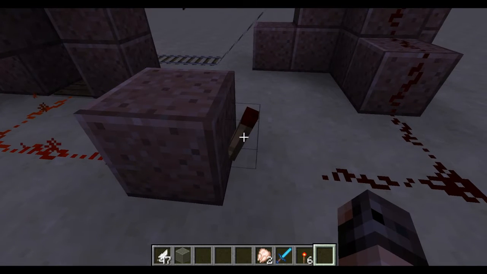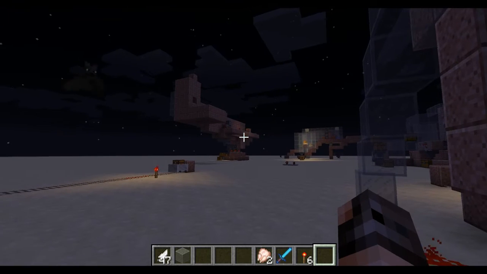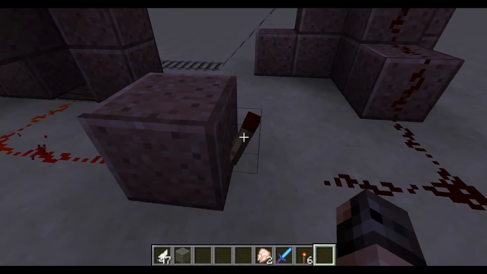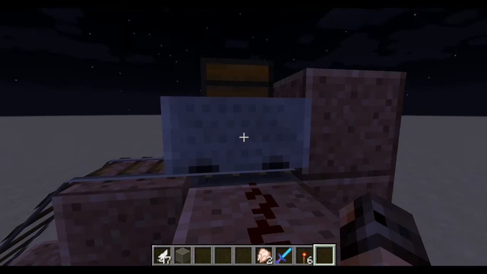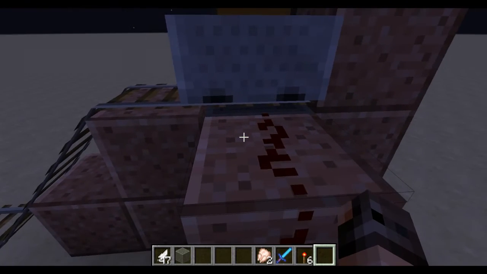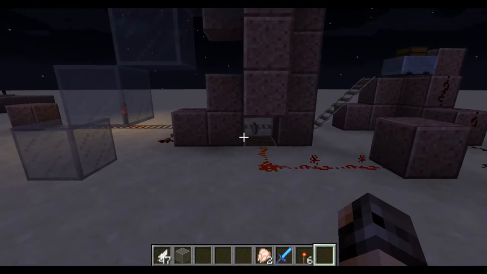The torch gets deactivated because it's an inverter thing, like over there with the chicken cooker. It deactivates, deactivating the power here, so it stops the minecart so it can unload. When the egg finally despawns,